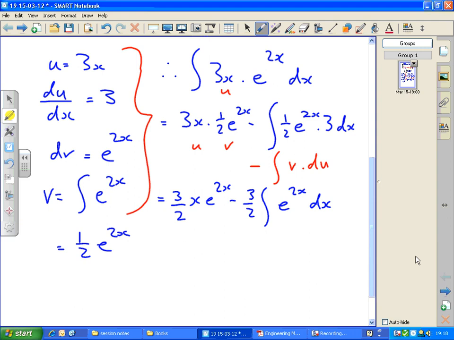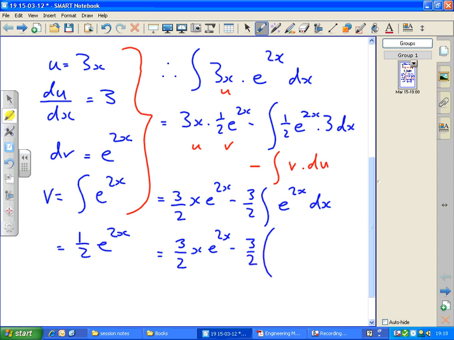So now I've got an integral, this right-hand integral here, that I can do. So finally we get this equals 3 over 2 x e to the 2x